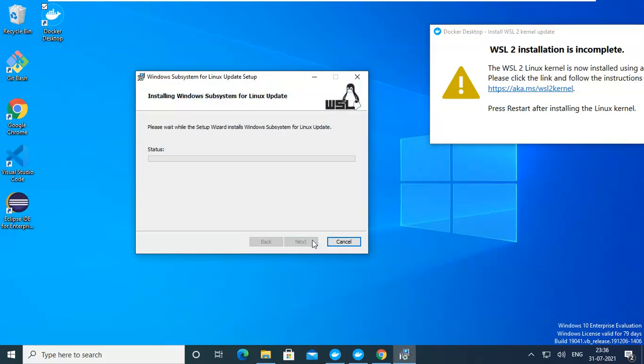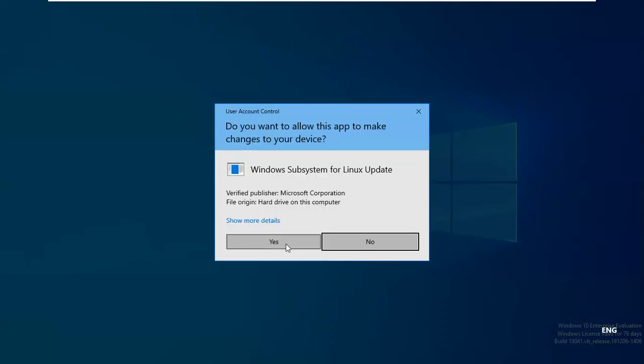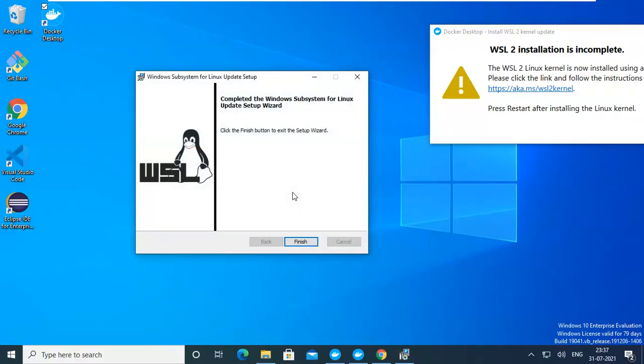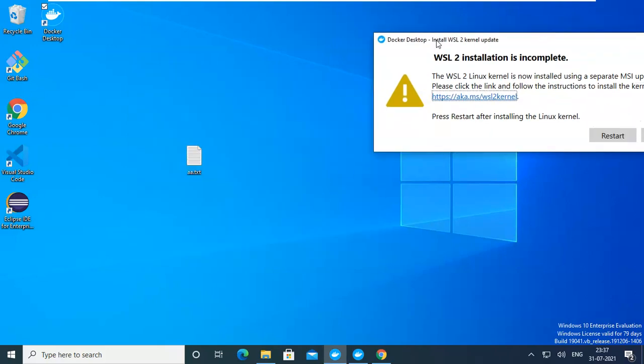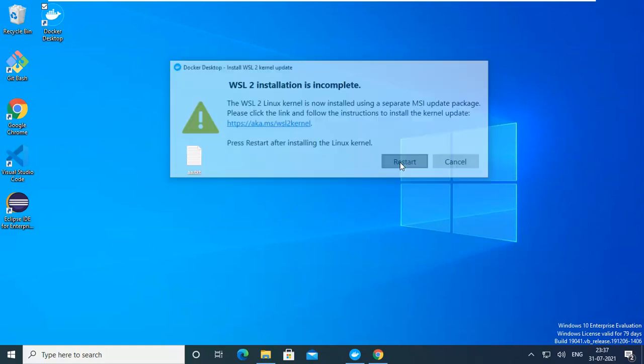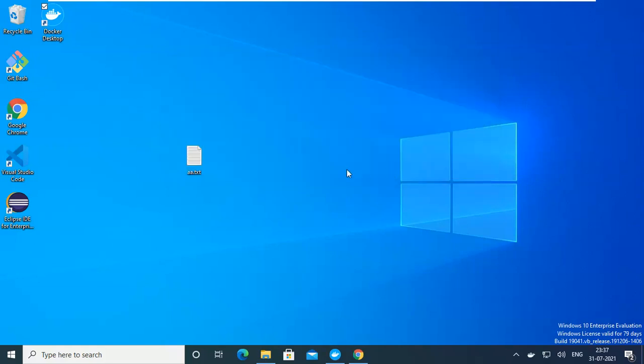Very simple, just next and install only. That's nothing. Okay. Finish. Okay, so we installed successfully. Click on restart. We'll see what will happen.